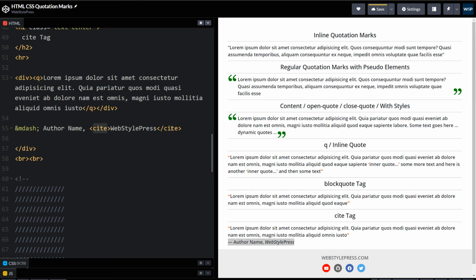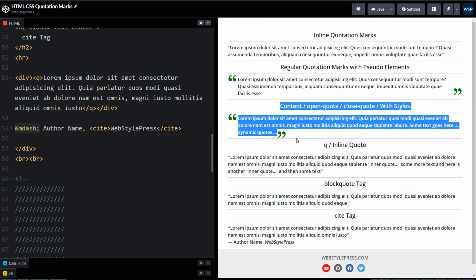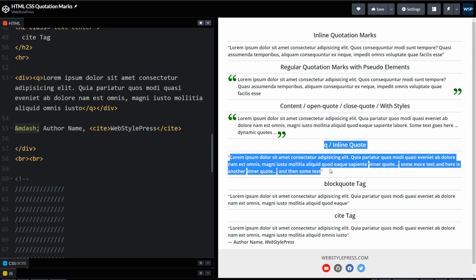When we use cite tag, it makes text italic, and this character, an m dash, is for this dash line. So I like to use this method to quote something, or this Q tag.